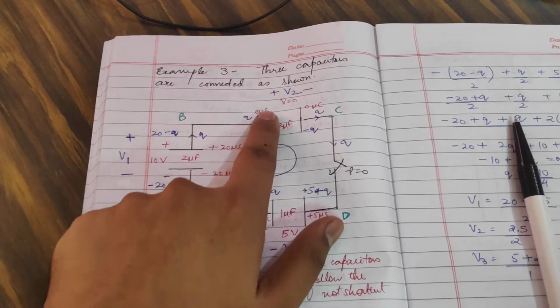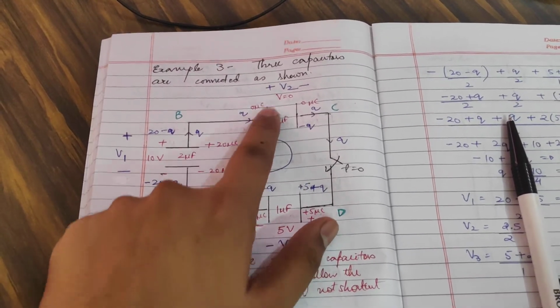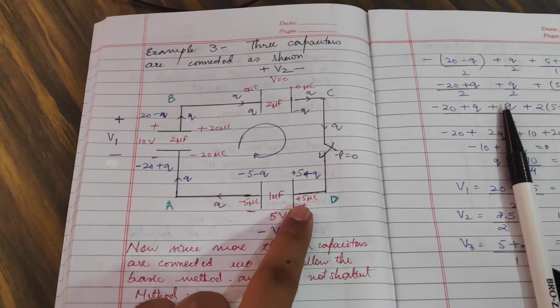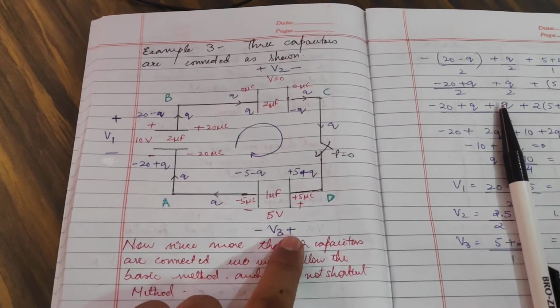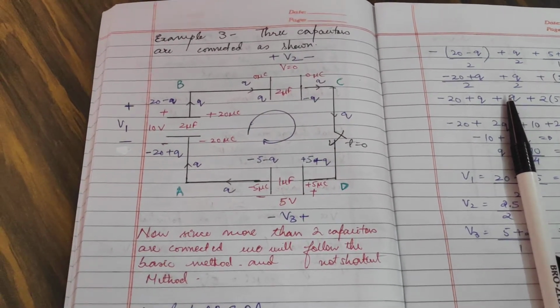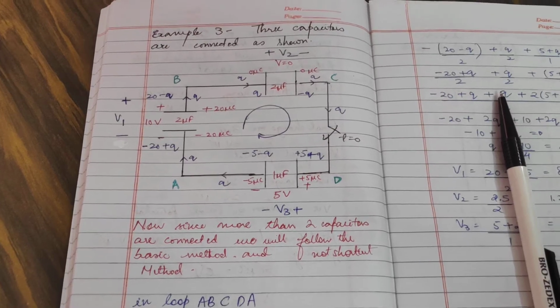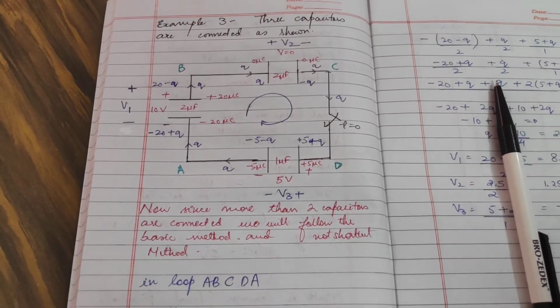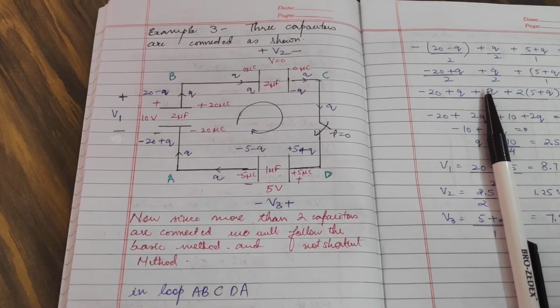Sorry, this is the positive plate. Okay. So this is positive, this is negative. Here, this is the positive plate. So this is positive, this is negative, here positive and here negative. Okay, why are negative and positive important? Because when I take the Kirchhoff voltage law and the loop rule, when I move, I consider this sign along with the potential difference.